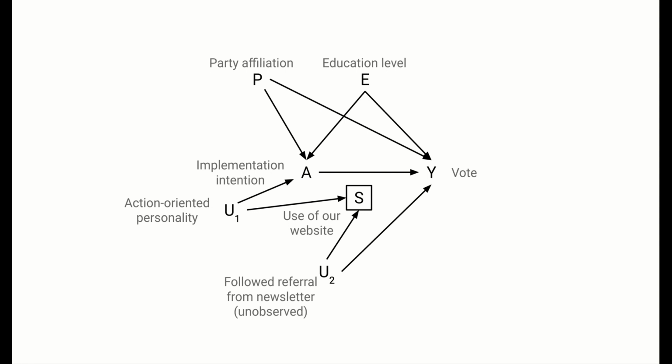We can't condition on the personality or the newsletter variables because both are unobserved. What we can try to do is break a direct arrow into a chain by thinking about mechanisms. Our hope is that a middle node on such a chain is measurable. We might think of this mechanism. Perhaps we know that our only referring newsletter is one that routinely provides readers with printable mail-in ballots for their state. Having a mail-in ballot might be more readily measurable and thus provides a way for us to block this non-causal path.